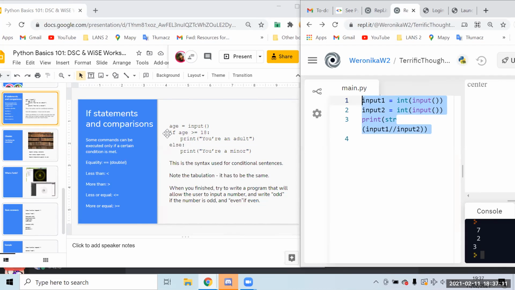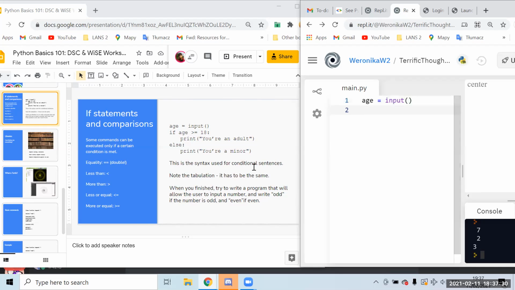So this is a very simple example, but you can test. Let's try to test it out. So you can first try to copy it and see if it really works. And we are touching on something very important here as well. If you see line 2 and line 3, they are at a different distance from the left-hand side. And this is because Python is a white space sensitive language. So you need to use the tabulation that's exactly the same as we do.